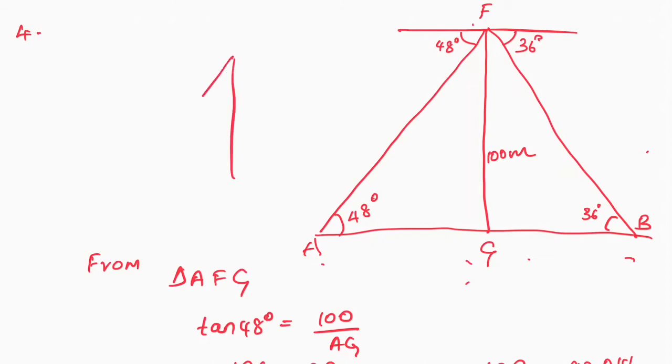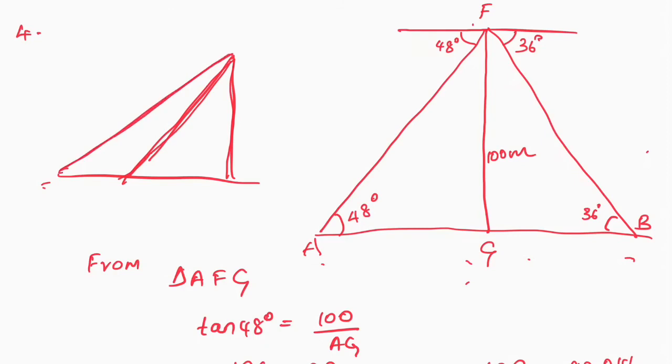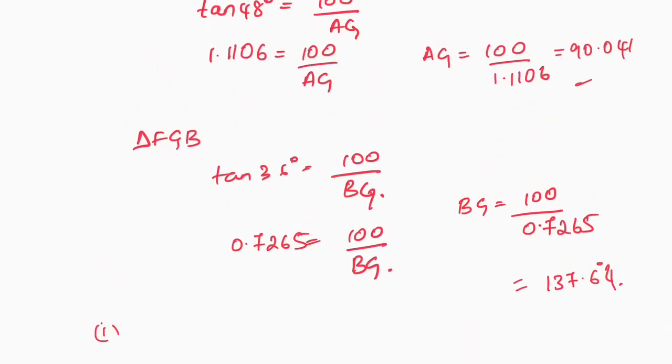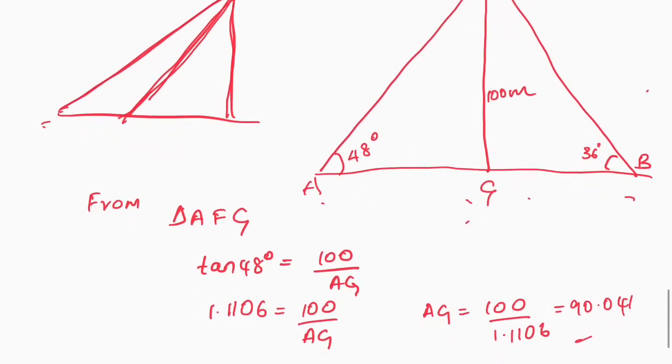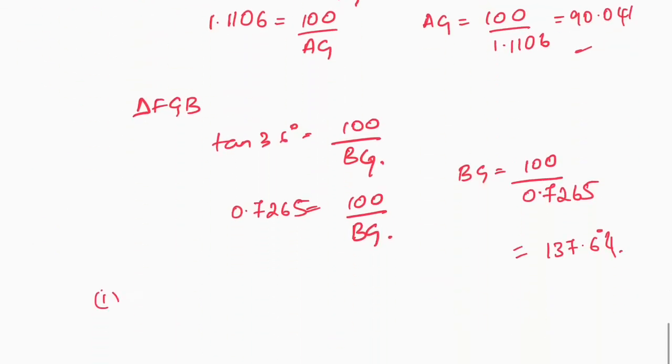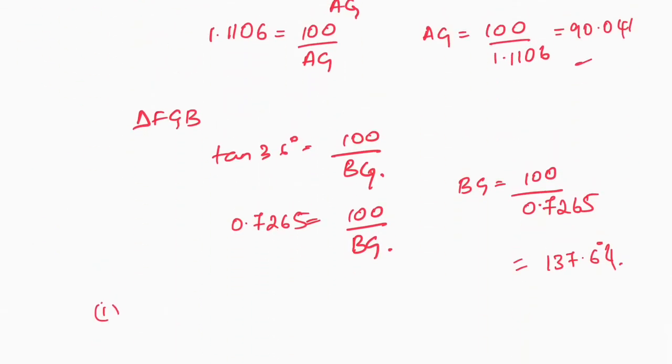So in case it's in the same side, how it will be? It will be in this form, right? Correct. Same side of the lighthouse, it will be kind of this form. So if I get the distance like this, so how can I find it out? So first case there was ships are on the same side. If the ships are on the same side, what should I do? If I consider this as G, F and A and B, distance between AB will be equal to BG minus AG, right?